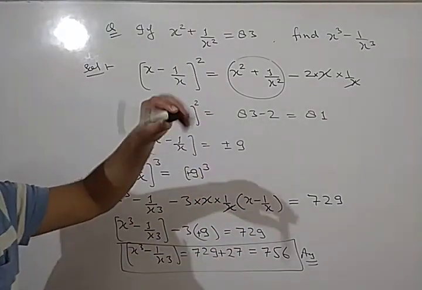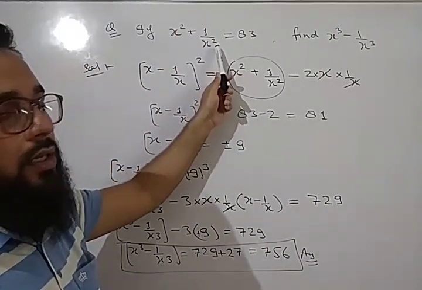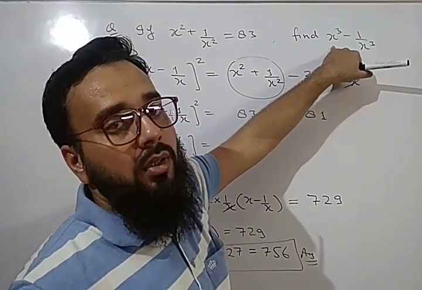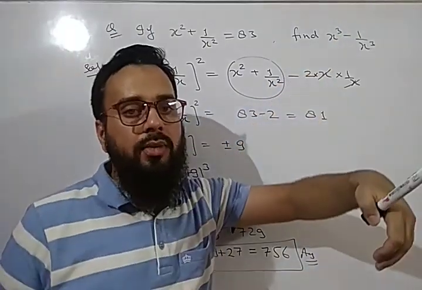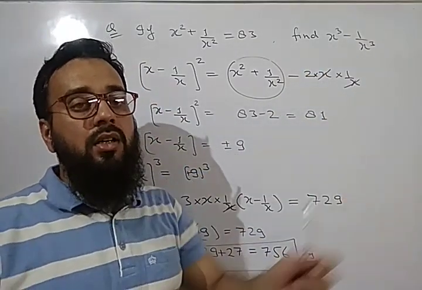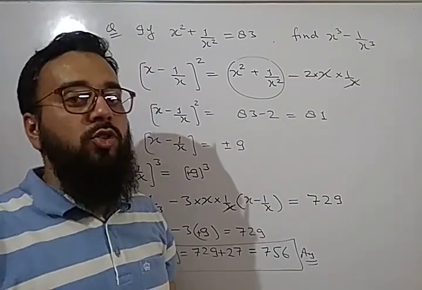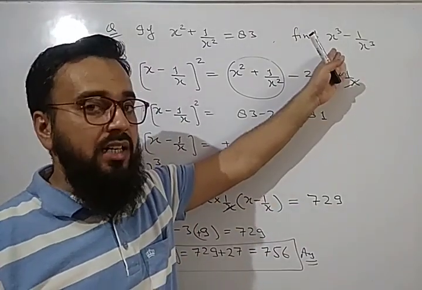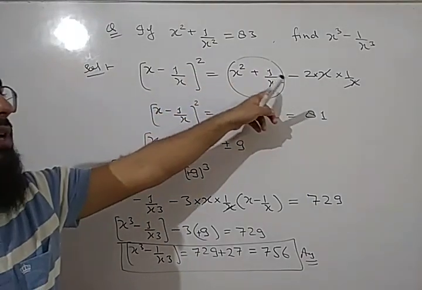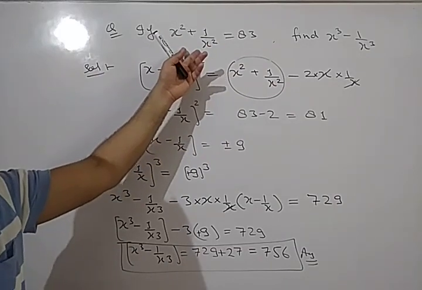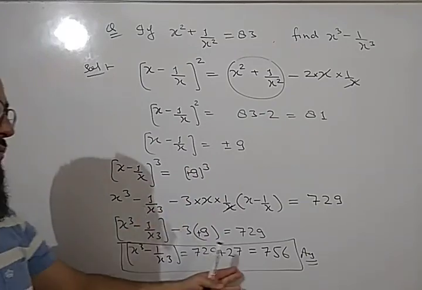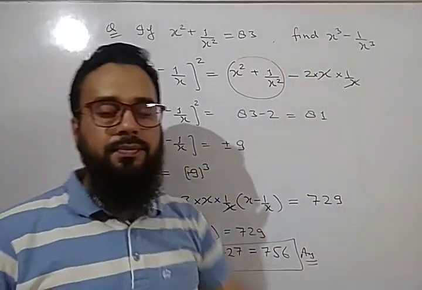This is the important question, where we are given the x square plus 1 upon x square term, and we have to find the cube term. So whenever we have to find the term of cube, first we should know the term without cube, and then cube that term. So here it was x cube minus 1 upon x cube. It means if we are given x minus 1 upon x, then by cubing x minus 1 upon x, we can get this term. That's why I started with x minus 1 upon x. And if we whole square this term, we will get x square plus 1 upon x square, which is already given. So we find the value of x minus 1 upon x. Then by cubing this term, we find the value of the required term.